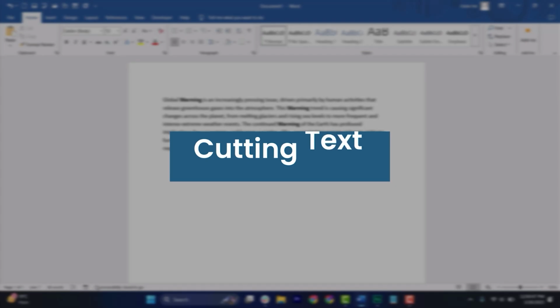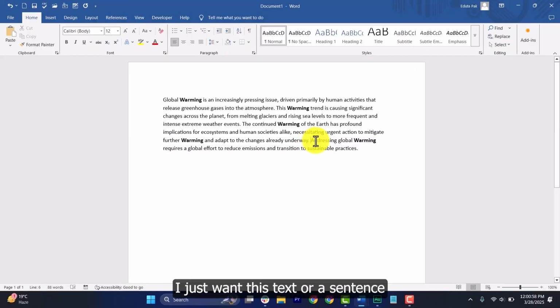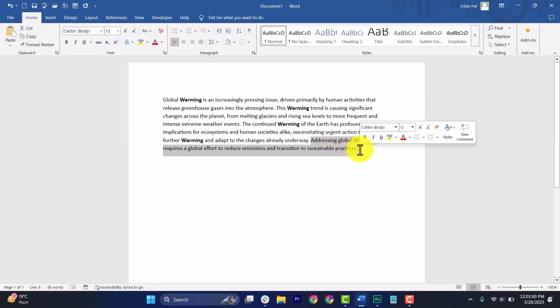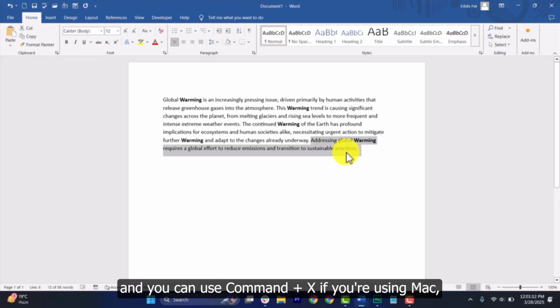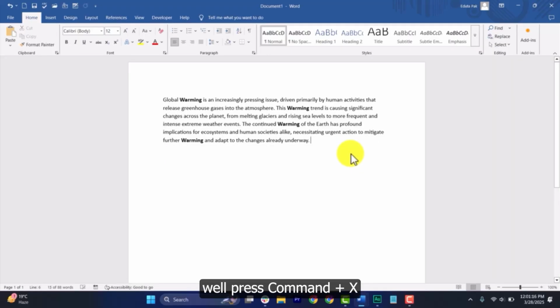The first one is cutting text. Move text to a new location. For example, I just want this text or a sentence to be moved to a new document file. I'll just press Ctrl plus X if you're using Windows, and you can use Command plus X if you're using Mac. We'll press Ctrl plus X, and the text has vanished from here,